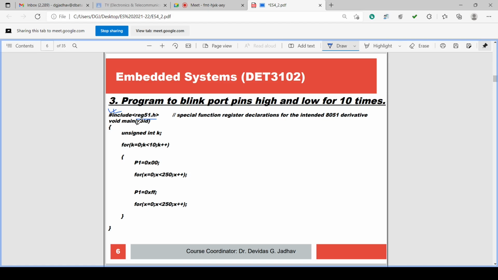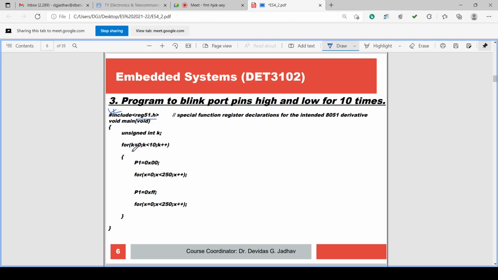Sorry, void main void is the main. You cannot use it anywhere else in the program, only this main, because it's the function of the main program. So void main void comes after include, and then there are curly braces for void main void.